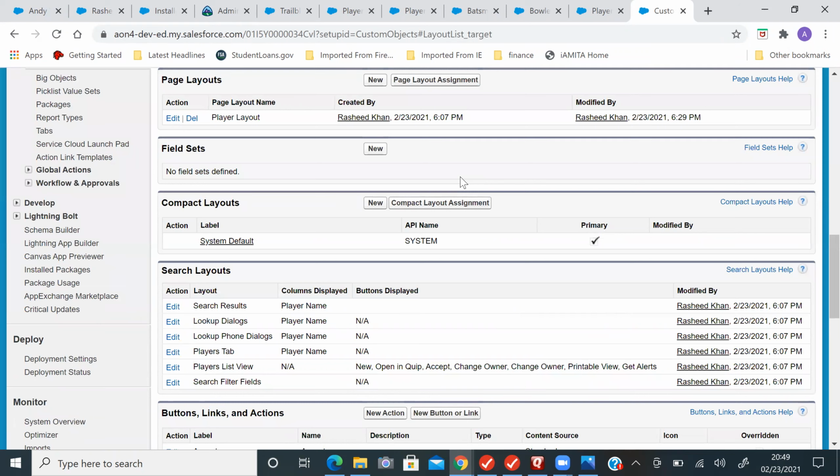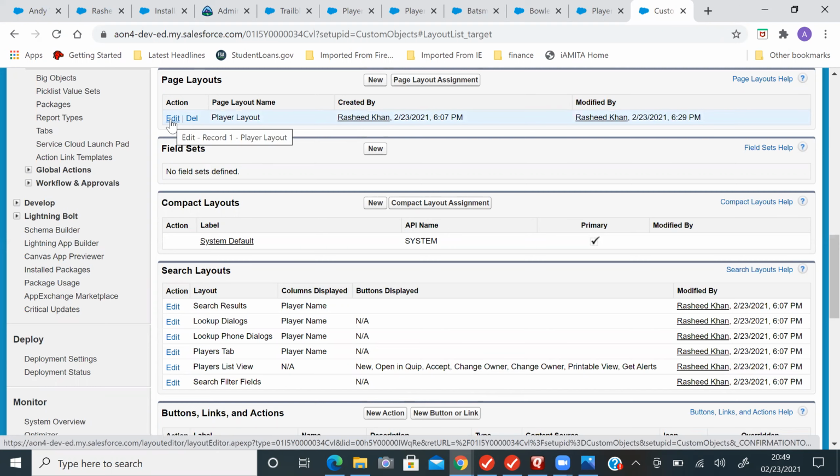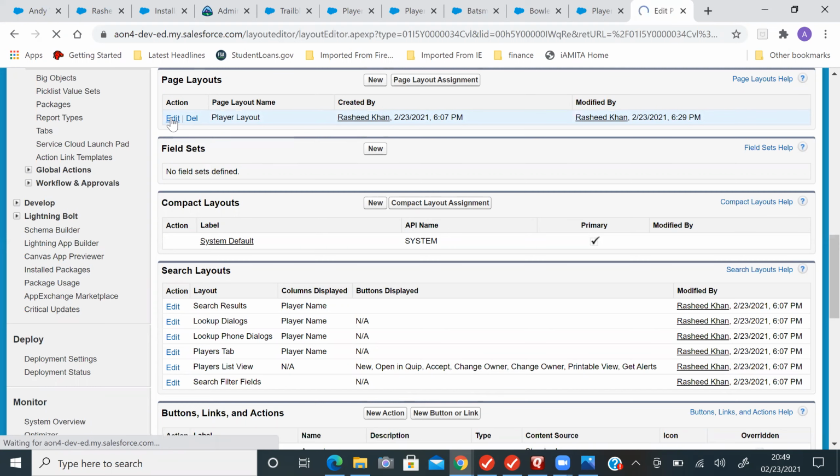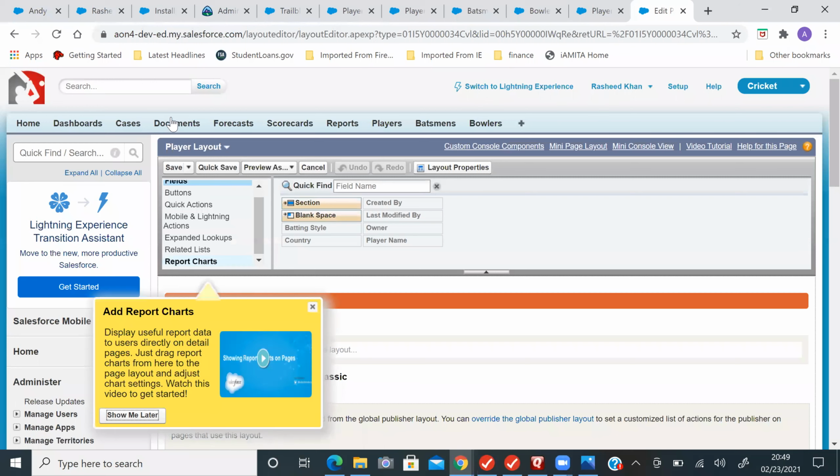Click on that. No, the available player. Click on that player layout. No, not edit, click on that player layout. Yeah. Perfect.